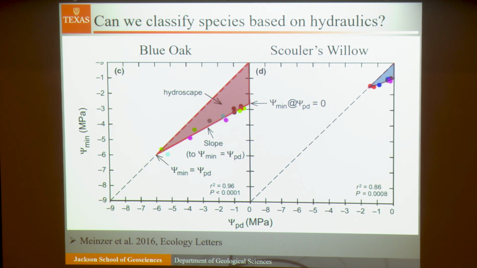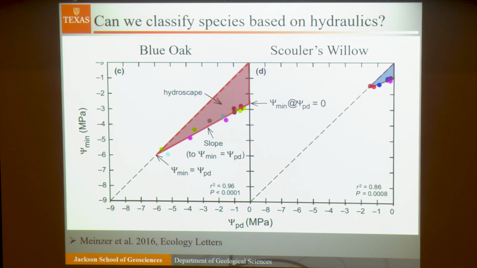And so in this sense, our anisohydric species, those species that will allow their water content to vary greatly depending on what the environmental conditions they're experiencing are, have large hydroscape areas, or that big red triangle. And other species that are more isohydric will have smaller hydroscape areas. And so when we think about how we classify plants in terms of hydraulic strategy and the way they function,